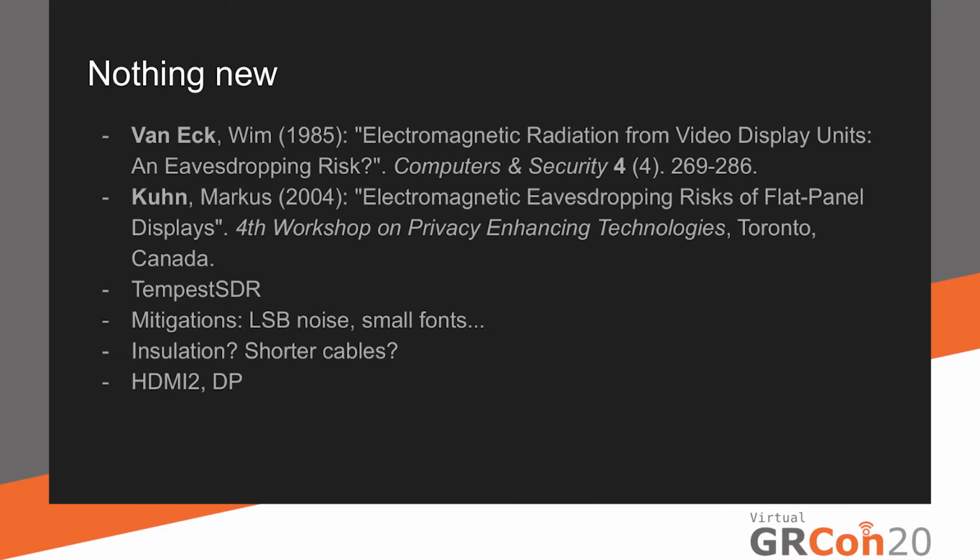And I'm not sure about this, but depending on how the signal is emanated, maybe some sort of insulation could work, or using shorter cables to minimize the antenna effect, but I'm not sure. I'm not sure how it's actually emanated from the display. This sort of thing is not a problem in HDMI 2 or DisplayPort protocols because those are either scrambled or encrypted, so the pixels from frame to frame have no correlation.